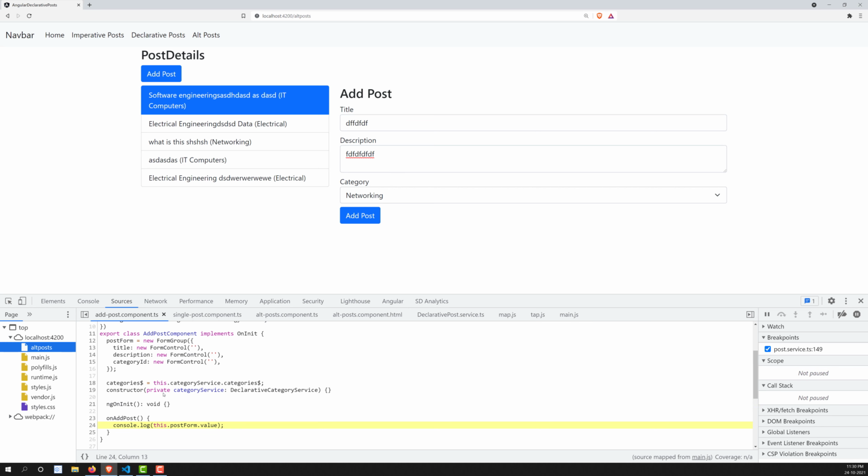Now in the next video what we will try to do is, so far we got the entire details. In the next video we will try to take these values and post the form to the backend. So hope you understood this creating. This is a normal concept only, we have just created the reactive form module.